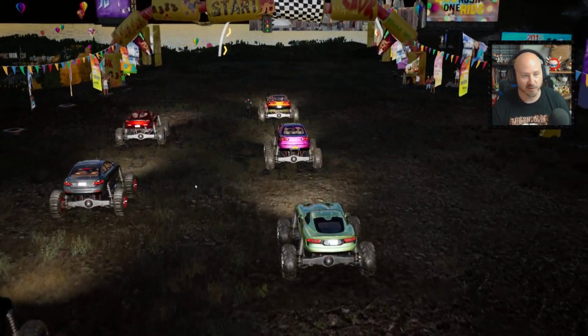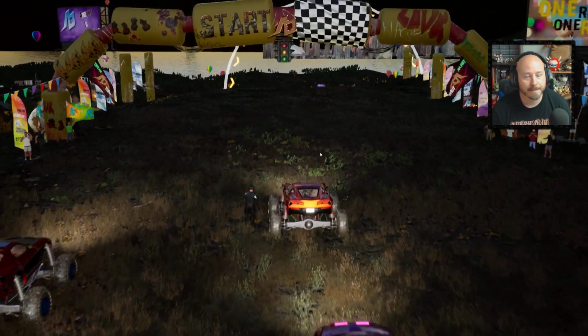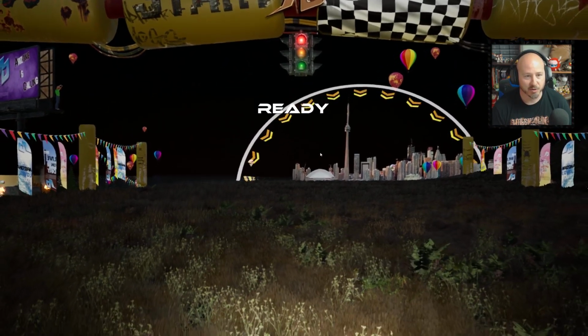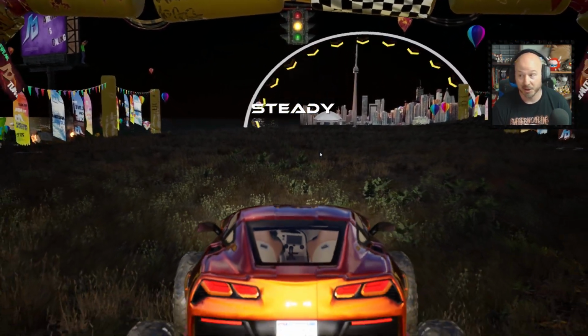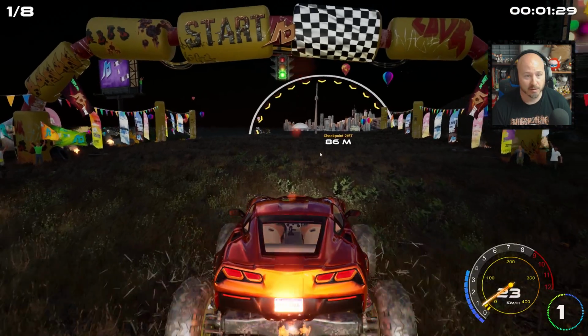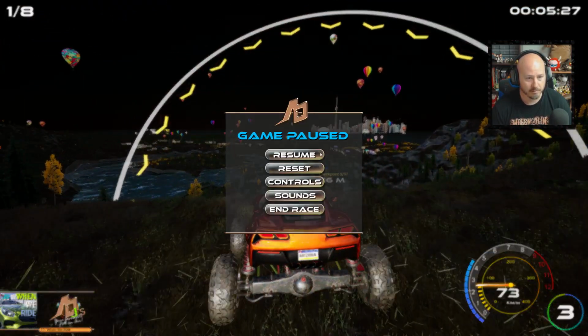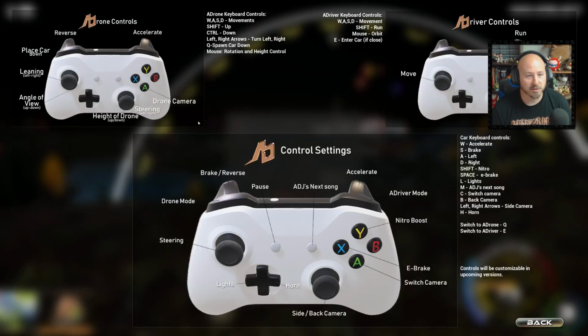Okay, so here we are in the first race, and we're going to try out the drone thing. We're going to pause real quick, though, because there's something else you can do as well. I did do this, at least. So if you hit... there we go. If we go to controls, you can see...